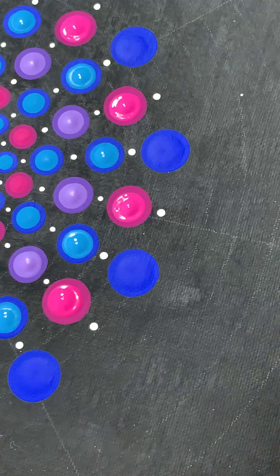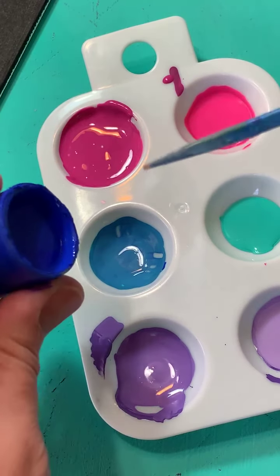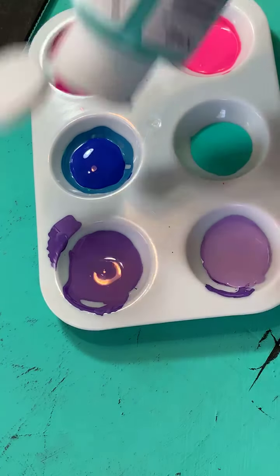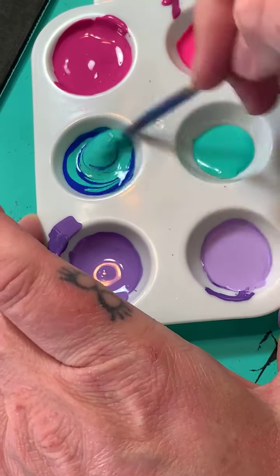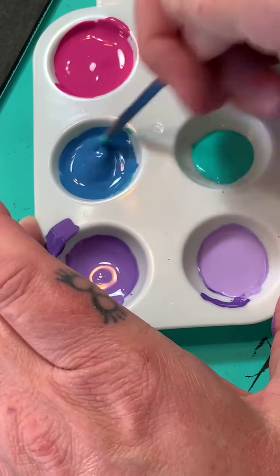All right, so now I've got to mix some more of the blue because I need more of this teal. So we're going back to the idea of a 50-50 split of color. So I'm going to add in that much. Because I know I'm doing a lot of big dots, I'm going to add a decent amount of paint in here so that I don't frustrate myself towards the end of it, right? So I've added some blue, added some teal,